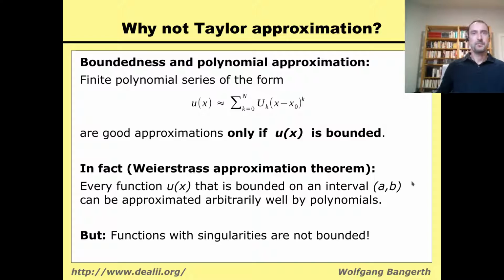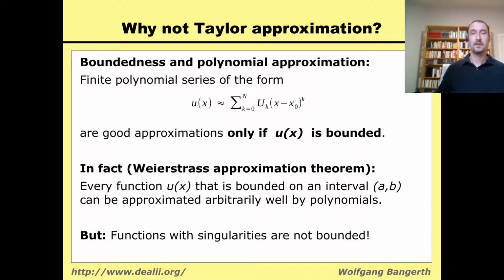So, for example, to illustrate this in terms of theorems, if this function u of x is bounded, then we know from the Weierstrass approximation theorem that every function can be approximated arbitrarily well by polynomials. That is not necessarily a Taylor approximation, right? But what Weierstrass says is every function that is bounded can be approximated by polynomials. But you've seen that some of the solutions of PDEs are not actually bounded, so we cannot expect this to